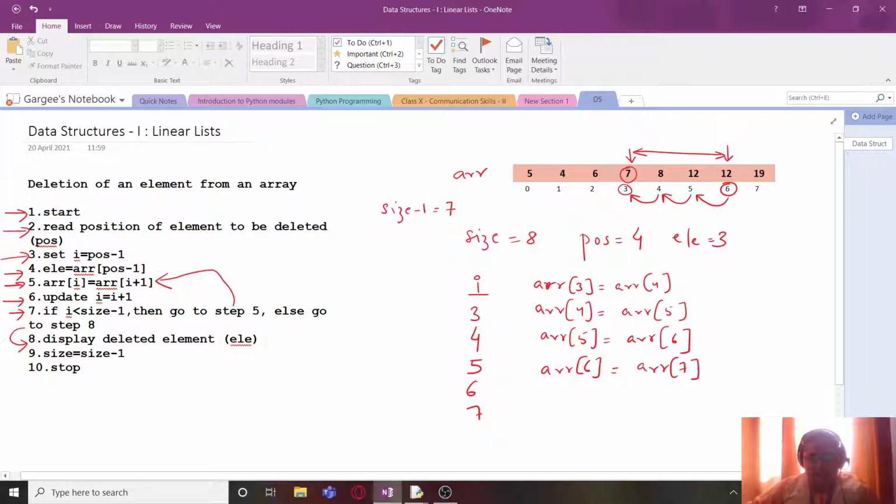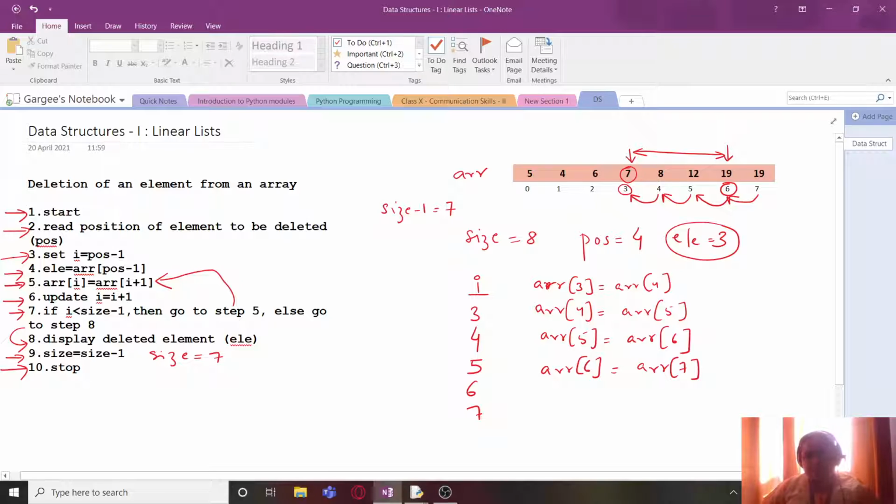And this is the point where we wanted to stop, that is 7 should come into I, and here this becomes 19, and now the value of your list gets reduced by 1. In case of Python we will have to pop this value. Okay, so over here we have size. Now we have to display the deleted element, so the deleted element will be displayed, that is 3, and size equals size minus 1. So now size, which was originally 8, will become 7, and finally